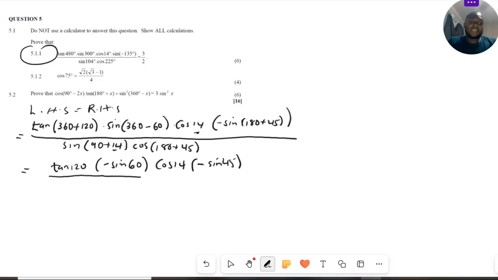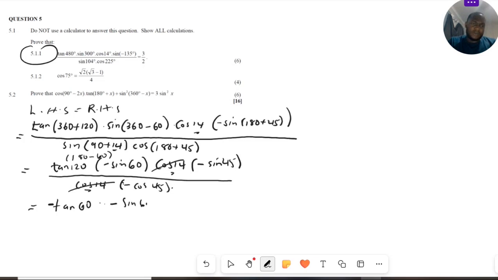Yes, we'll go ahead by saying this one is the same as cos of 14. You see this one and this one, they're going to cancel out. And then this one will give us a negative cos of 45. So the next step, this one will cancel out with this. And we shall remain with tan of 120, which is the same as negative tan of 60, because this gives us 180 minus 60. You see that 120. So then multiplied by negative sine of 60,